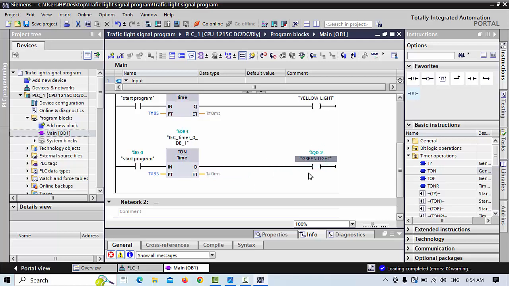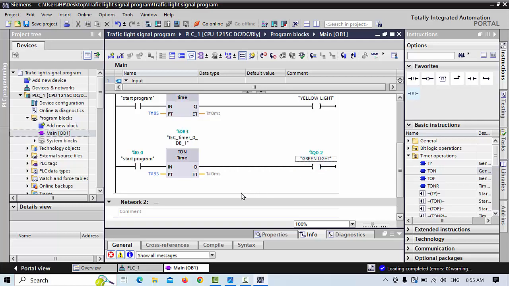When green light will come, after that we have to repeat this function for green light,